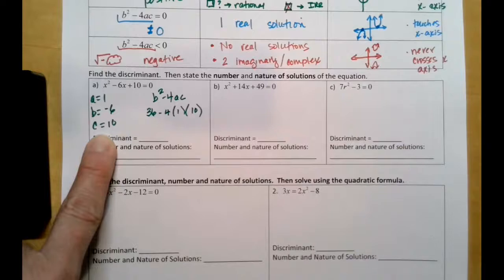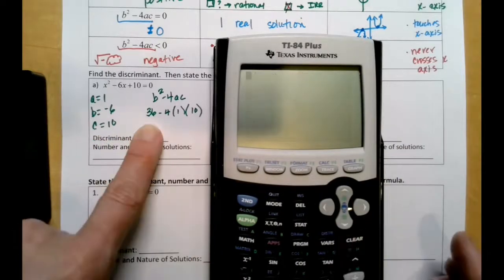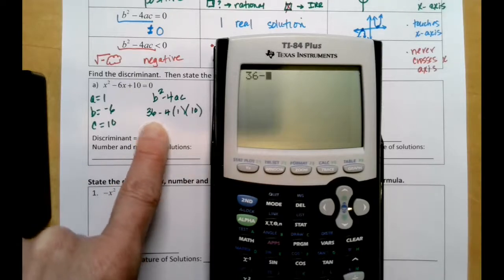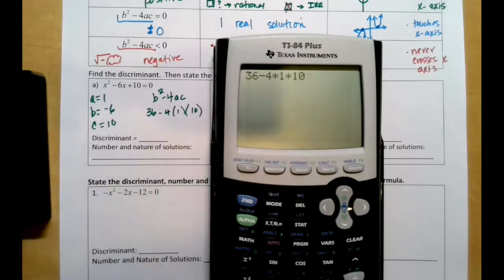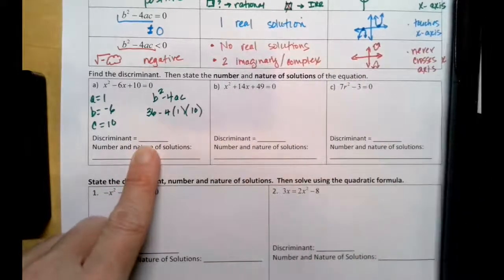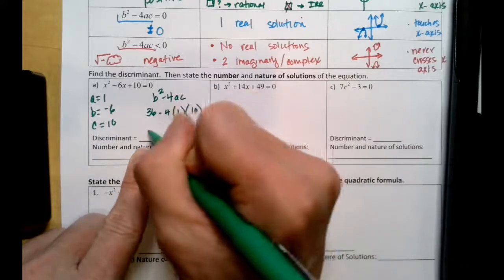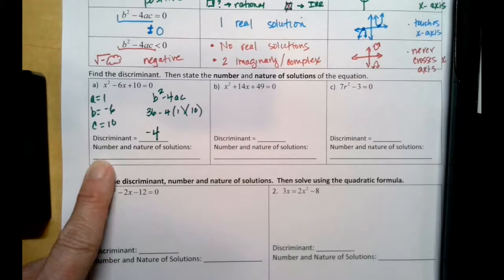If you want to do it in your head, rock on, you can definitely do that. But I've made enough mistakes getting tangled up in my signs that I want to make sure that I always get it right. So my discriminant is negative 4,